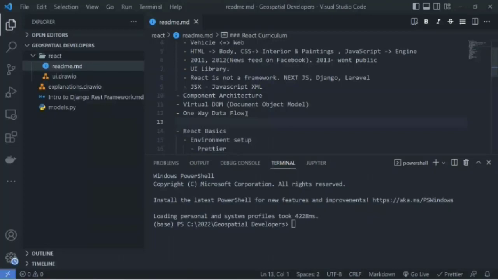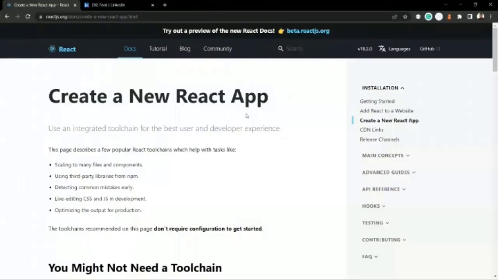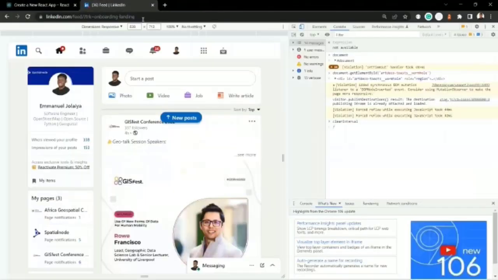In your application, it's okay. You can have a lot of components. You can do a lot of manipulations. This value that is here, you can do it the way you want. You can have this here, you can have this here. You can do whatever you want to do. But